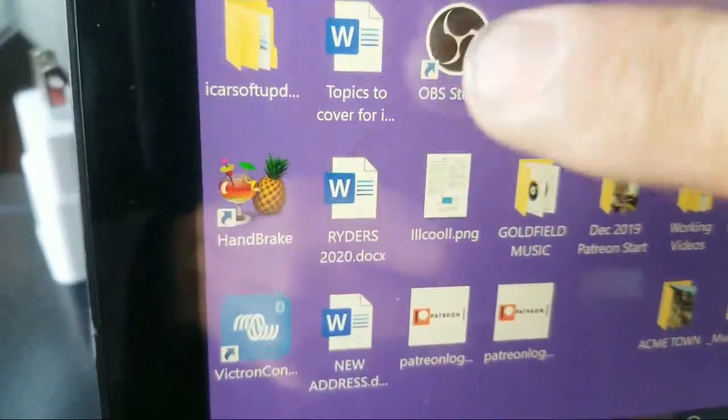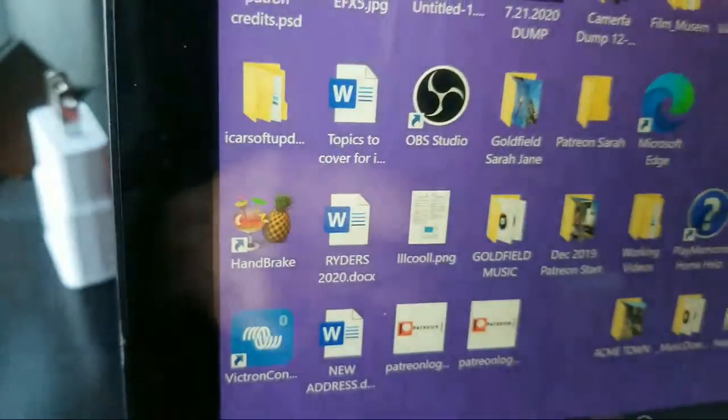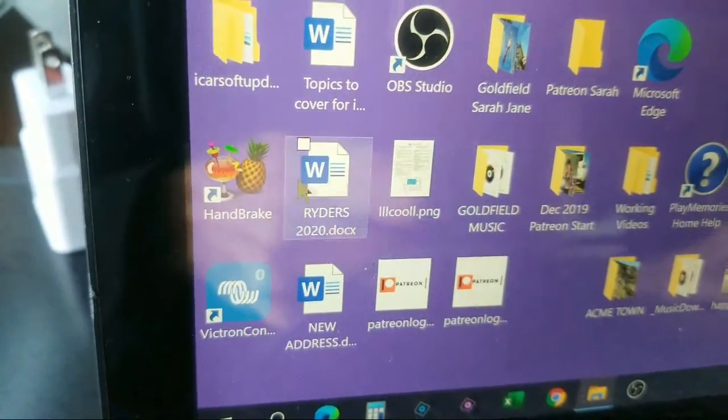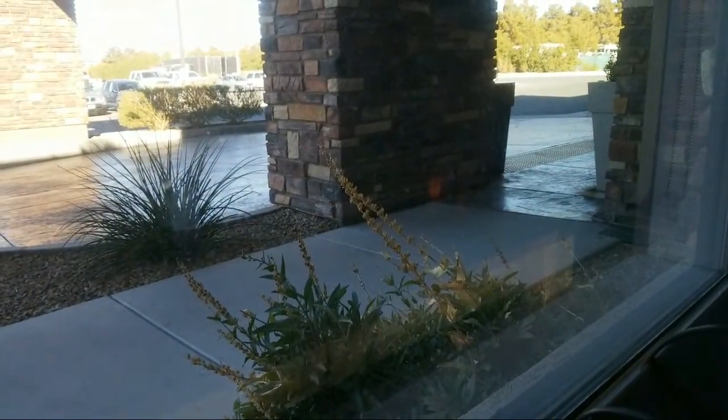I'm going to go into all those Handbrake right there. So I open this guy up and run my video through it, my footage. The camera's falling over. Then I go for it. Let's see here.